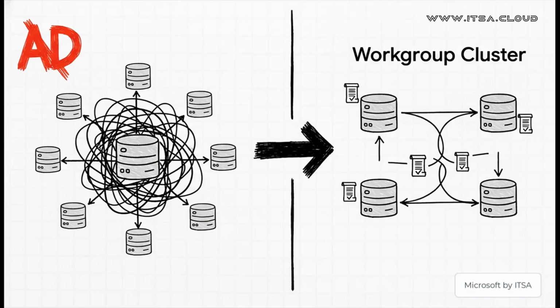Here's another massive improvement, this one all about flexibility. It used to be that if you wanted to create a high availability cluster for VM failover, you absolutely had to have Active Directory. Well, not anymore. Now you can create these workgroup clusters that use certificates for authentication. This makes it so much simpler to build resilient setups in places like edge locations, small businesses, or even secure network zones where a full-blown domain controller just isn't practical.